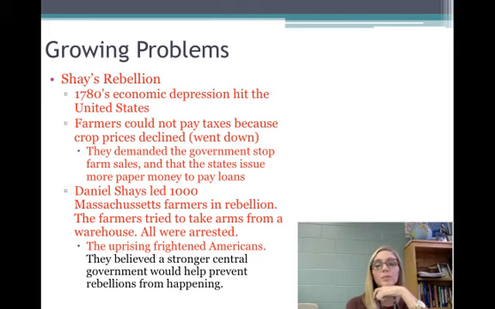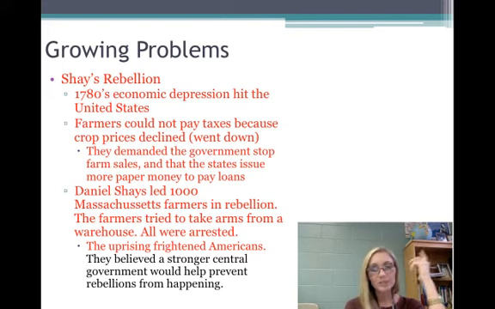They demanded that the government stop farm sales and that the states issue more paper money to pay loans. So this was what they wanted. Daniel Shays led 1,000 Massachusetts farmers in a rebellion. The farmers tried to take weapons or arms from a warehouse, and they were all arrested. Although there wasn't anything